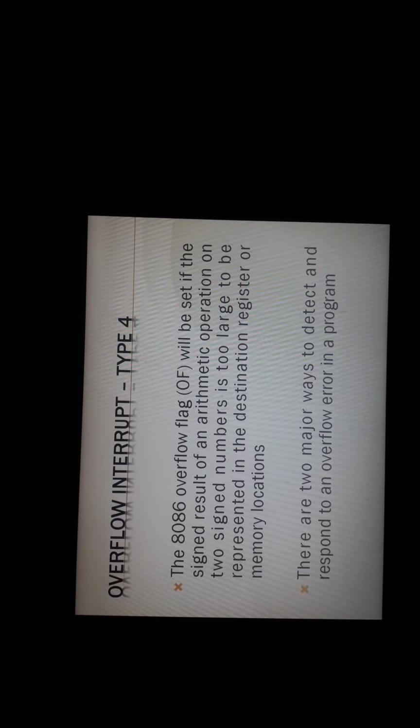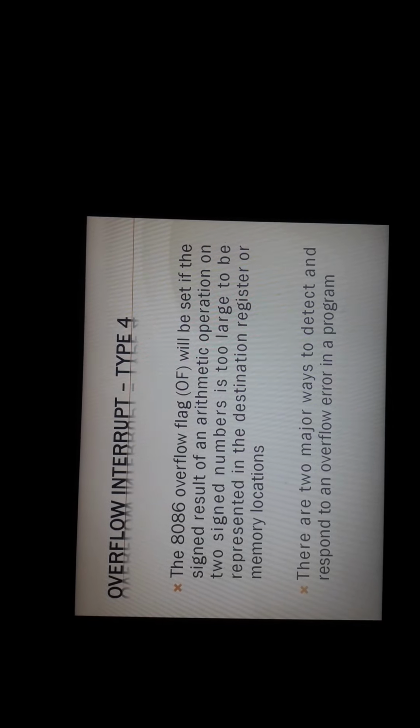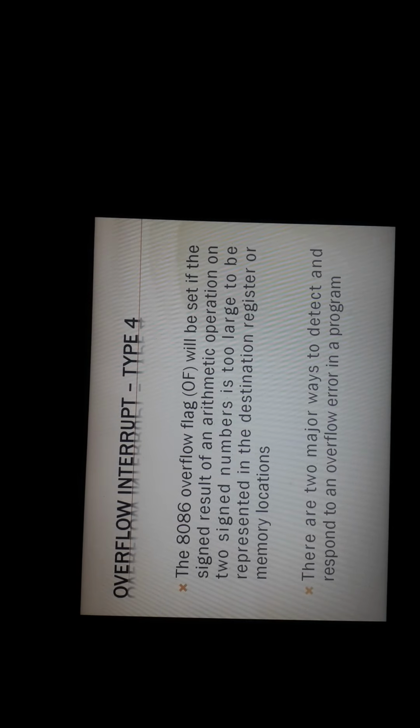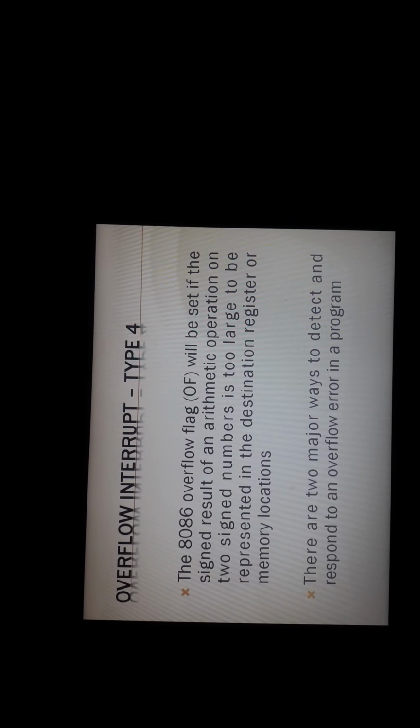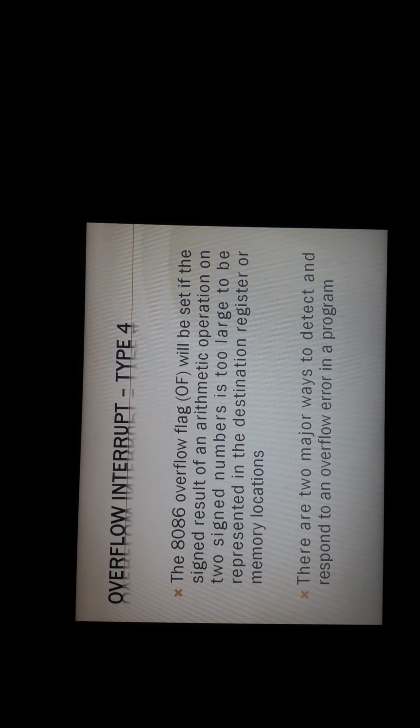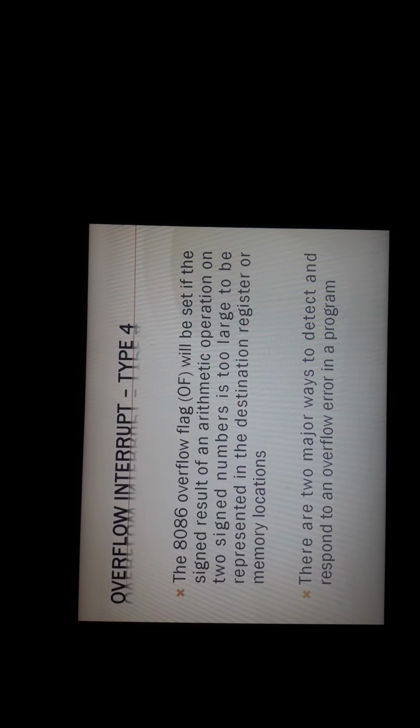That is, the range of storage for the destination registers gets divided into half. So large numbers cannot fit into those registers for signed operations. In such cases, it generates an error called an overflow error.